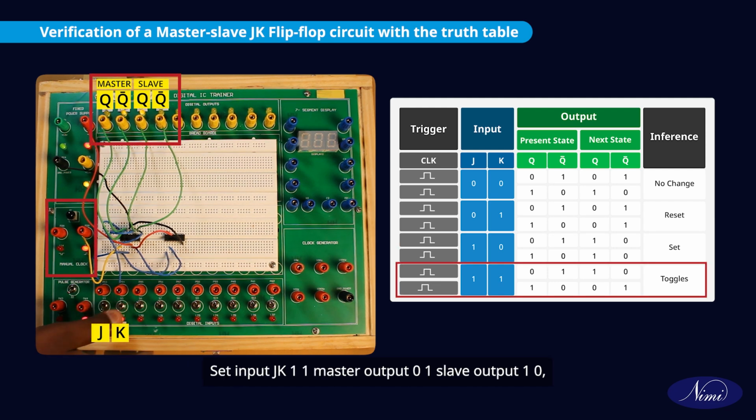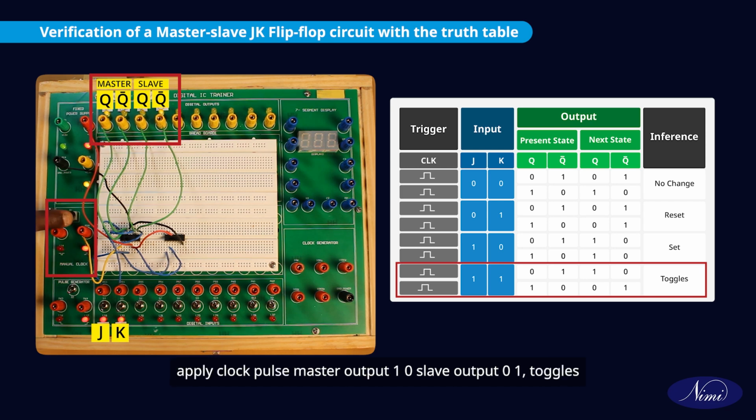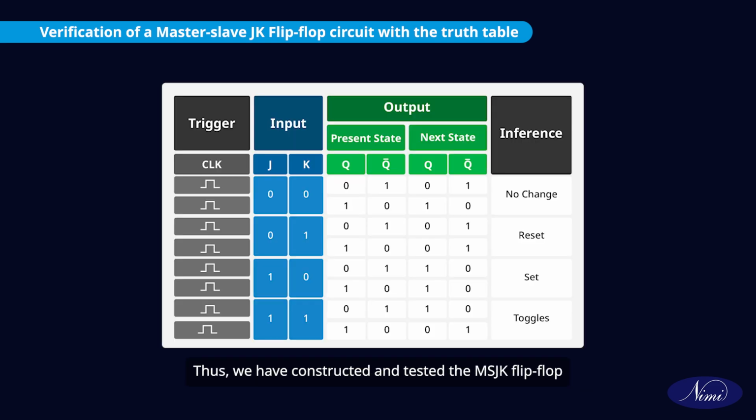Set input JK 1 1, master output 0 1, slave output 1 0. Apply clock pulse, master output 1 0, slave output 0 1, toggles. Thus, we have constructed and tested the MSJK flip-flop with their truth table using